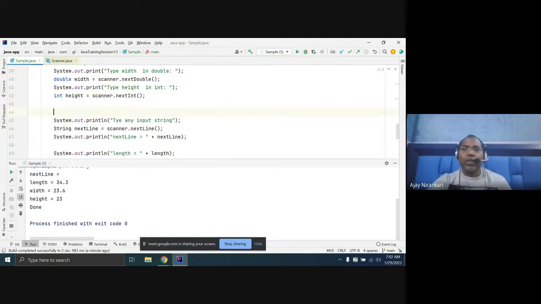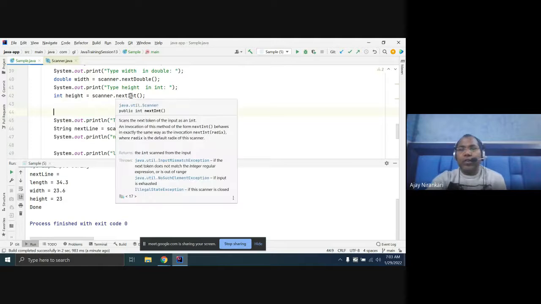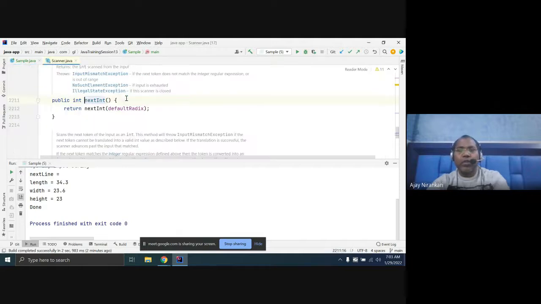Just check before. Okay, let's read the definition. What does next int say? Scan the next token of the input as an int. This method invocation behaves exactly the same as the invocation of the other method, where this is the default. Nothing is mentioned. Is this specifying what would be next?